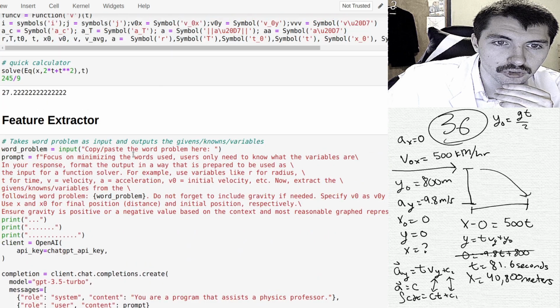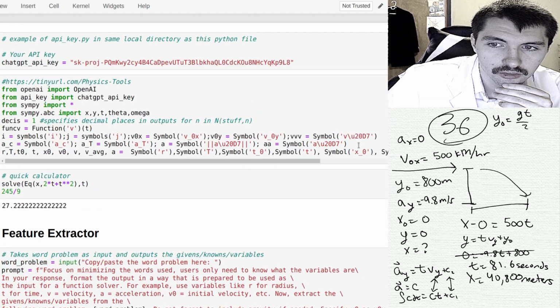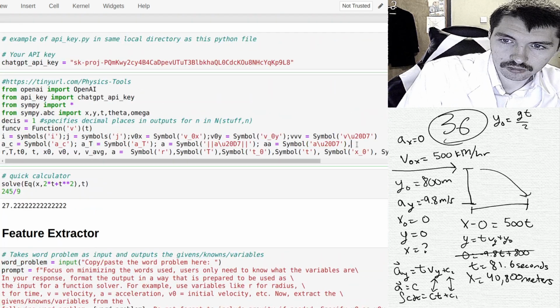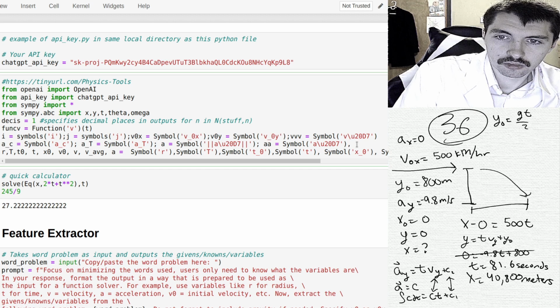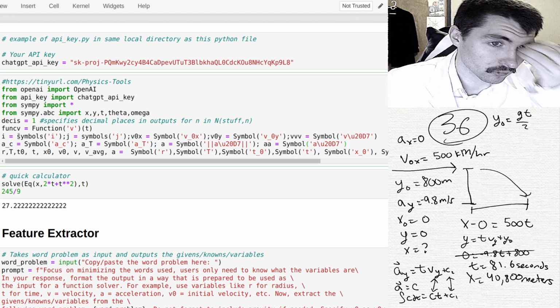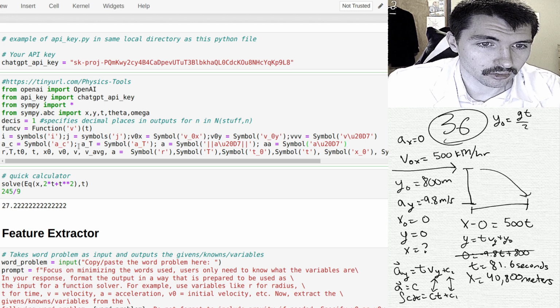I want a new symbol too, let's see. Let's rewrite this so it's